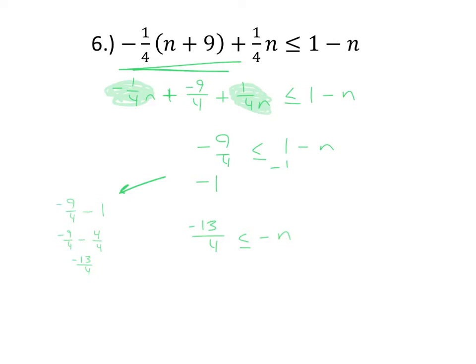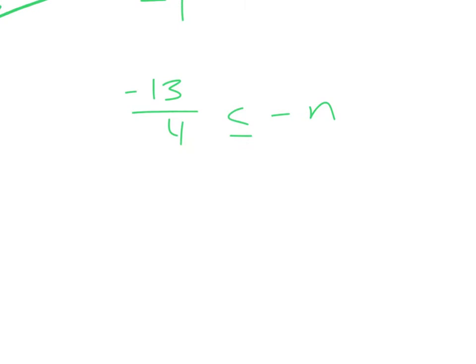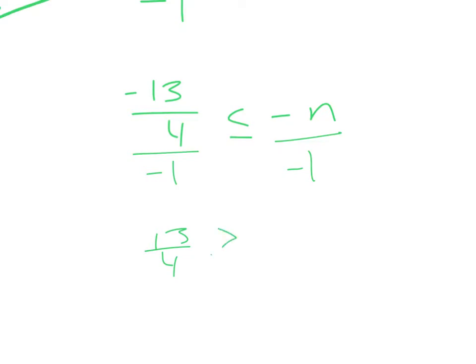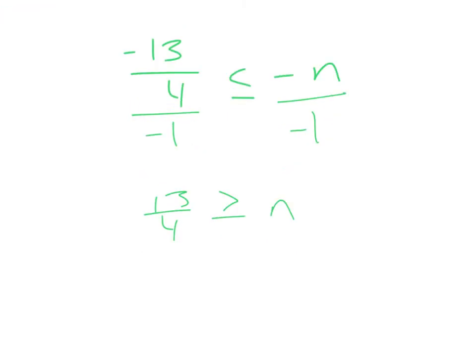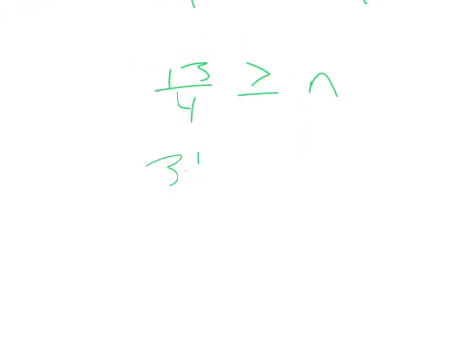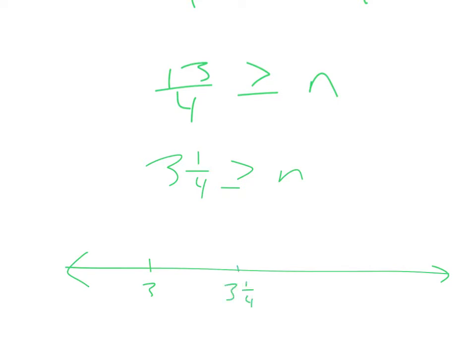Well, if I have negative n, I don't want negative n, I want positive n, right? Negative n is like negative 1 times n. So if I want to make this positive, I've got to divide by negative 1. Dividing by a negative on the left side gives positive 13/4, which is greater than, now, because I divided by a negative, n. And to make that easier to graph, I'm going to do 3 1/4 greater than or equal to n. Then on my number line, I can put 3 here, 3 1/4, and then